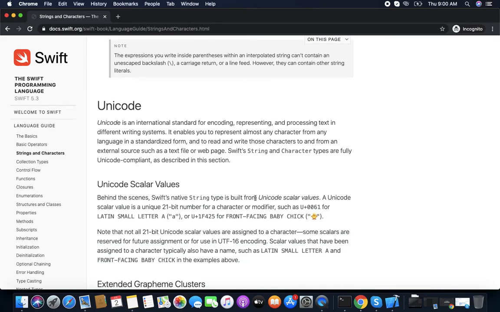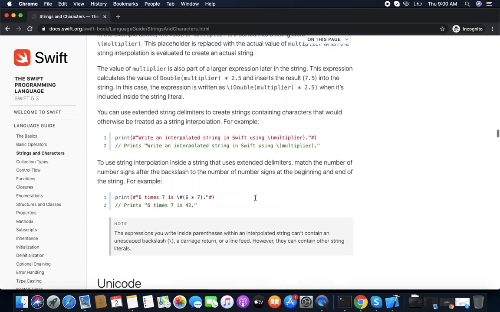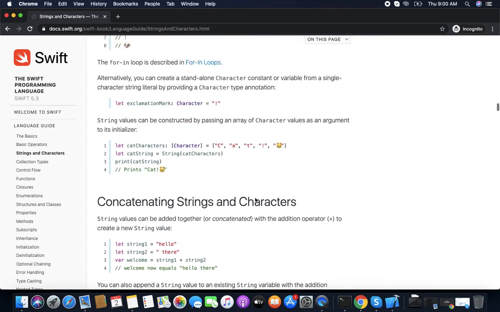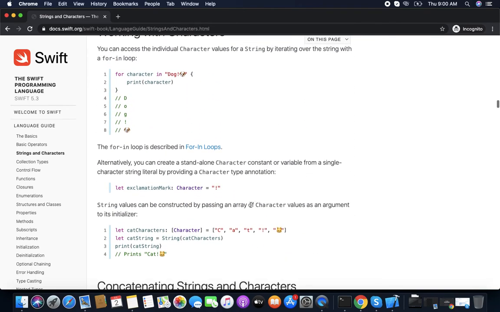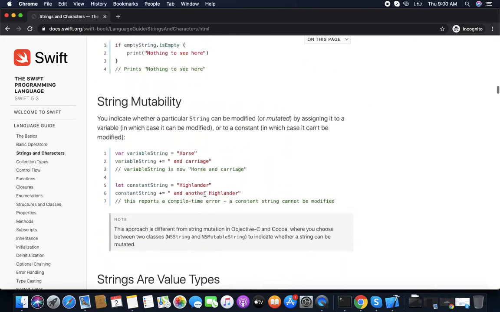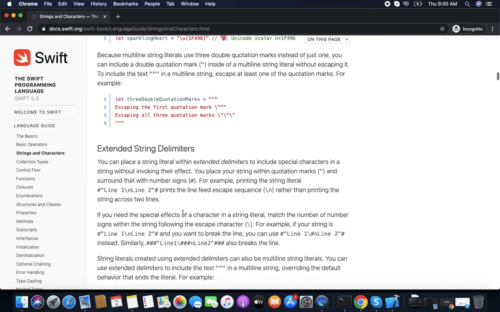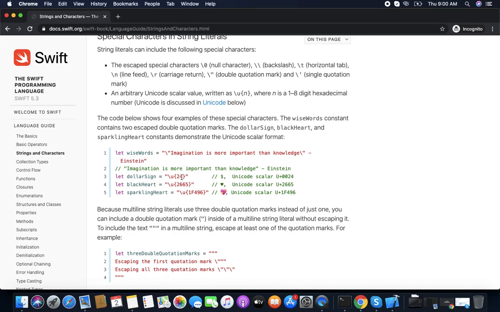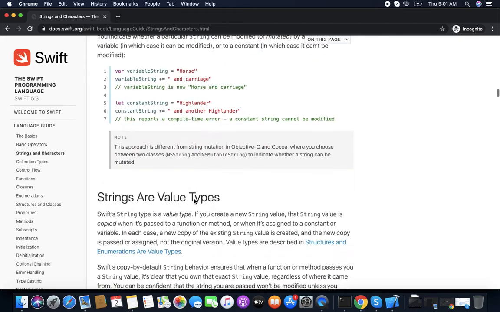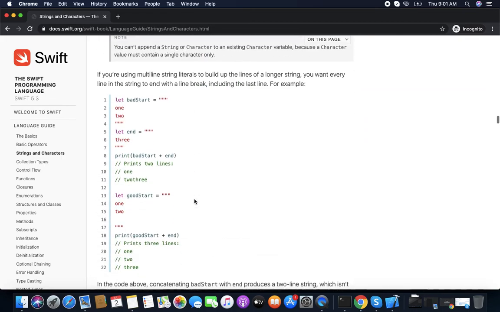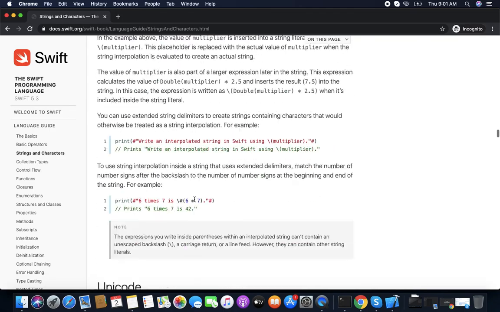Unicode. Every character has some Unicode value in the Unicode table. So we can convert these Unicode values to any value. Every letter has a Unicode value, every symbol has a Unicode value. Every special character, like the dollar sign, this type of Unicode value everything has. So we can convert this string with a Unicode.